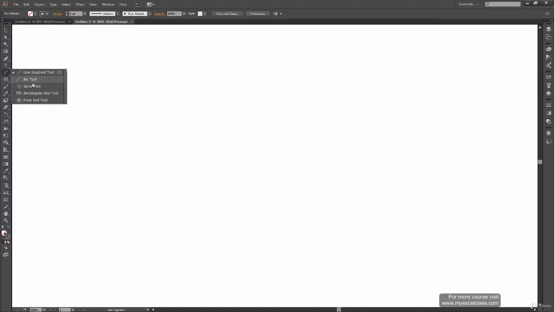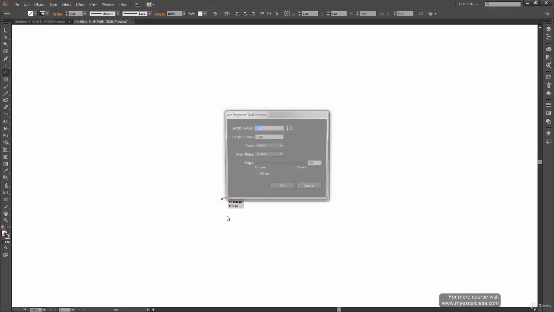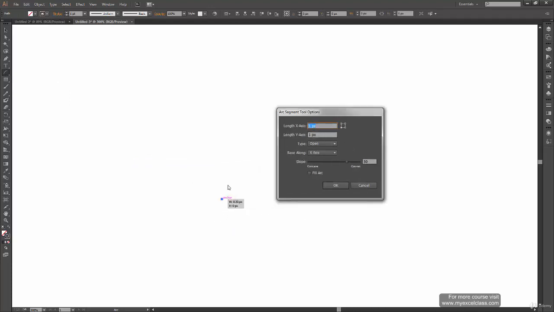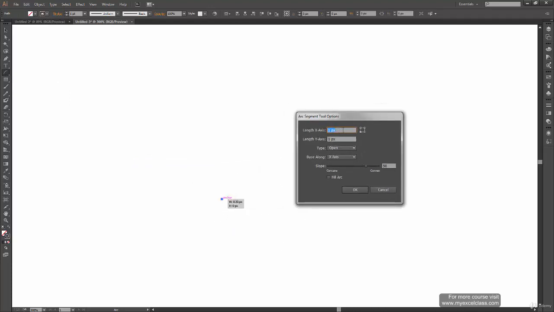The same thing applies to the arc tool. When you double click, it defines the point from where it will start, and then you can define the length of the x-axis and the y-axis, and you can decide the reference point from where you want to start. Define 100 pixels for the x-axis and 150 pixels for the y-axis.